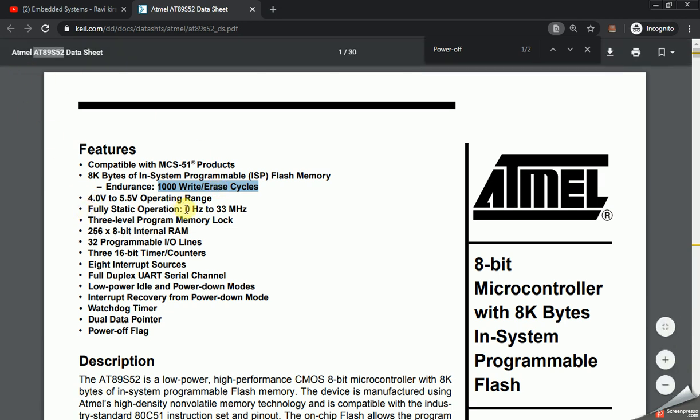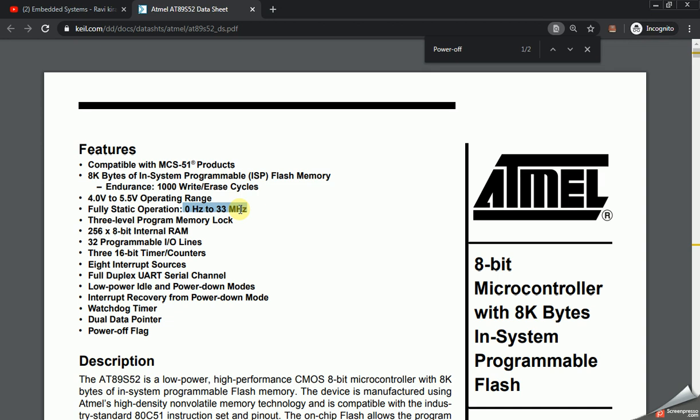Next feature is the clock frequency. Maximum we can give 33 MHz. To run the CPU, we need clock frequency to the CPU. The clock frequency to the CPU decides the speed of the microcontroller.